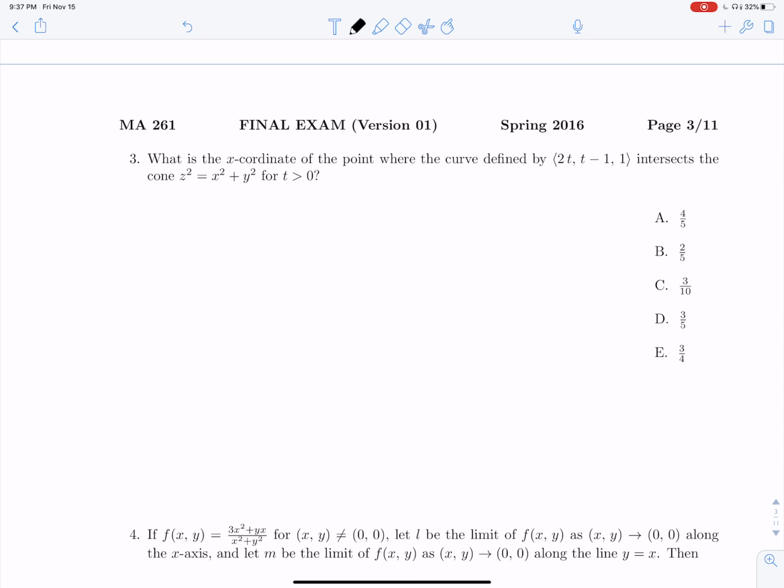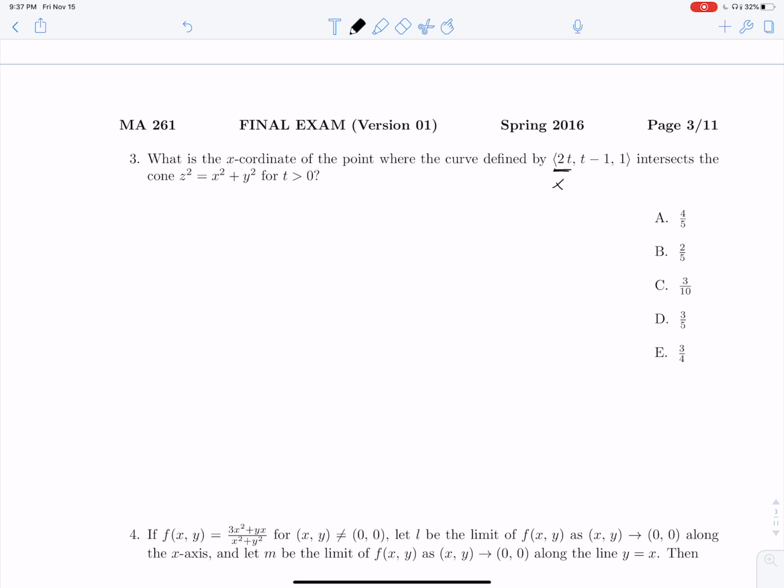Okay, question 3. What is the x-coordinate of the point where the curve defined by (2t, t minus 1, 1) intersects this given cone? So this is actually a lot less. If you haven't really worked on any of this stuff since exam 1, this might take a little bit of memory jogging, but it's really not that bad, because all we have to do is